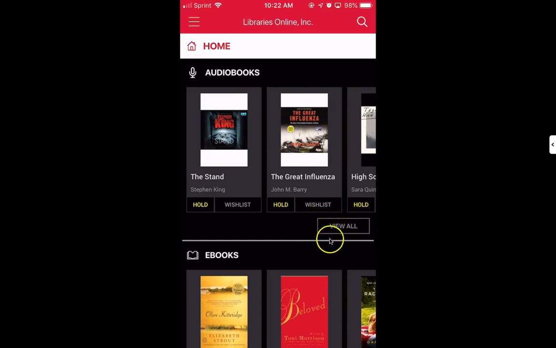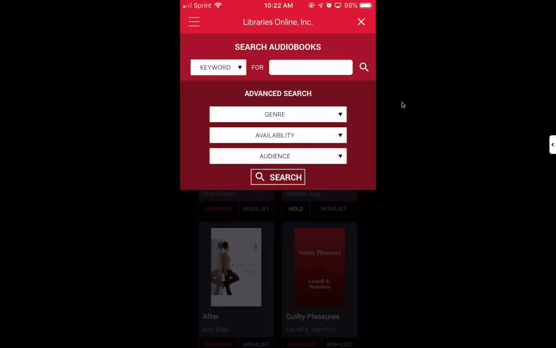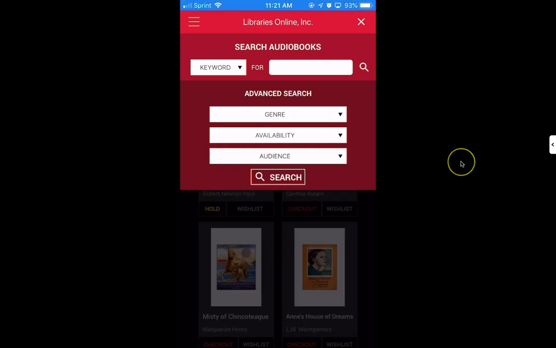Okay, so say we are looking for an audiobook, you can click on View All underneath audiobooks. And then now when you click on the magnifying glass, it doesn't ask you that question anymore. It goes straight to the search function. So the search is set to a keyword search by default, but you can change this by tapping on keyword,